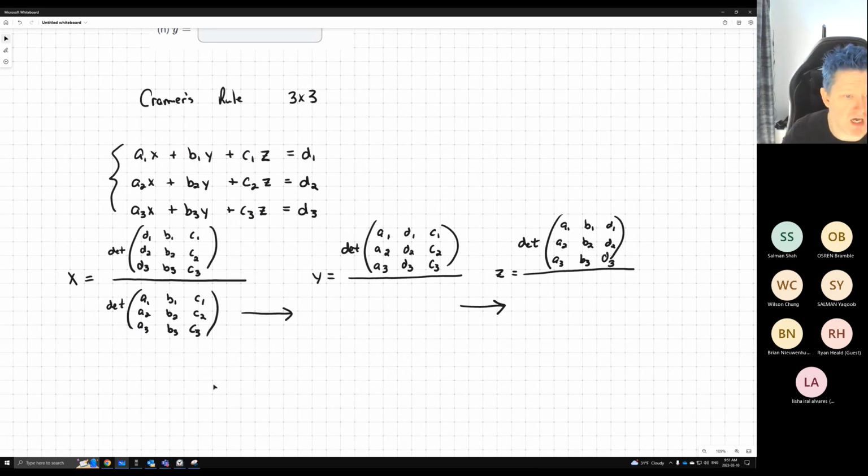All right, so again, the process is still the same for finding x, y, and z, right? So if you're looking for x, you erase the x column and replace it with the right-hand side. Right, the right-hand side is D1, D2, D3. It's the same process. Notice for the y,